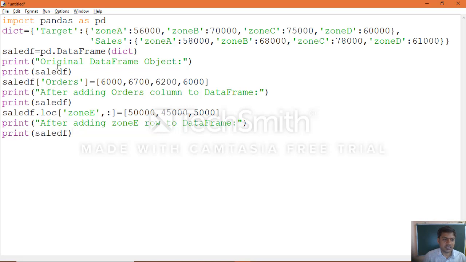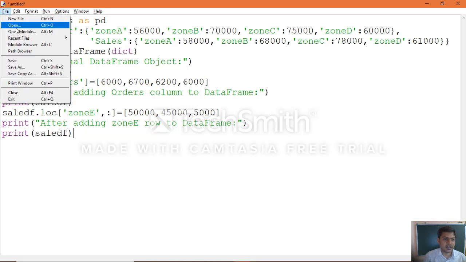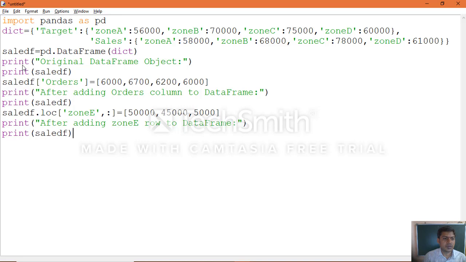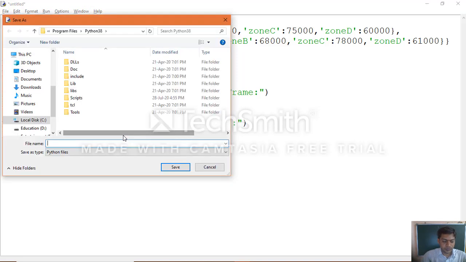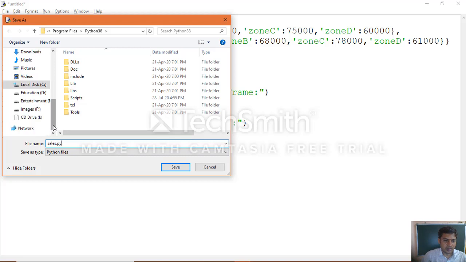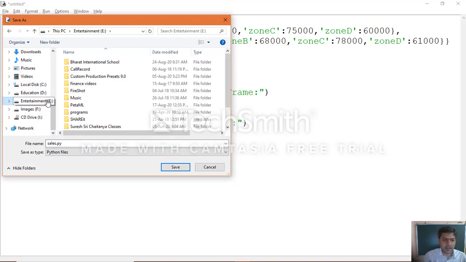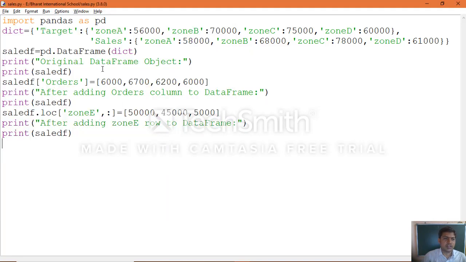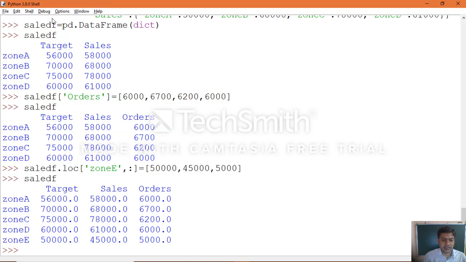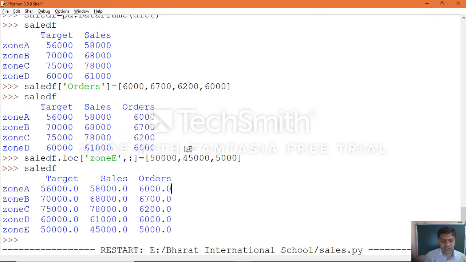Once you have done, just save the application as Sales.py, choose an accessible location on your computer, and save. Once you save, go to run module, then it will execute, and you will see everything as output at a time.